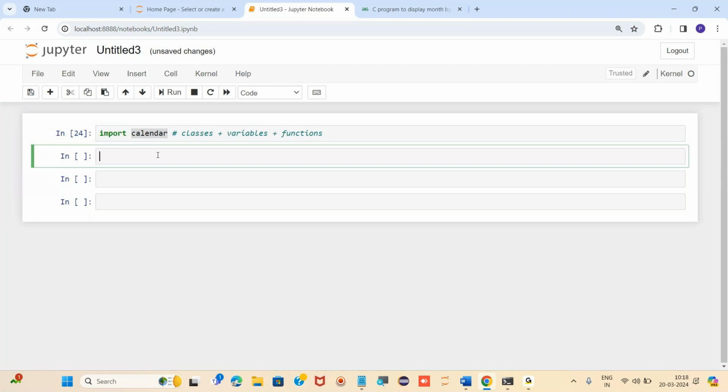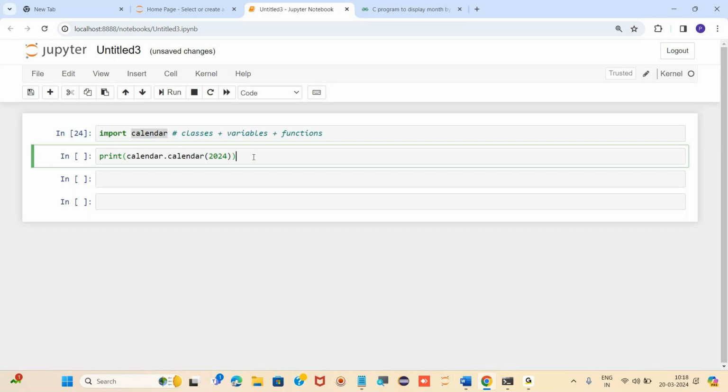Let's suppose I am directly writing calendar of 2024. That is nothing but the year. And let's suppose I am printing this. Print is a function, a method to print anything.